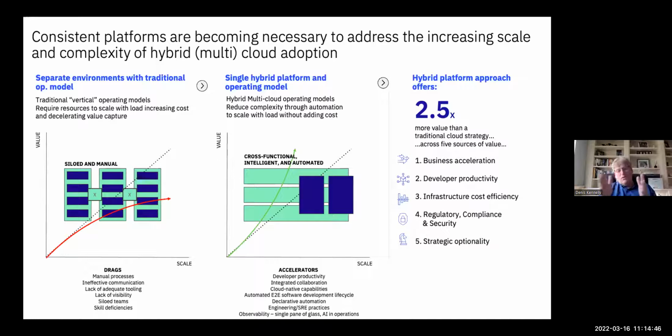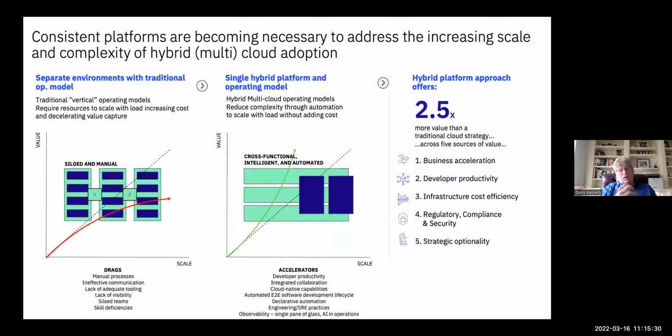That hasn't proved to be true for a lot of reasons, right? But there was a lot of goodness and a lot of learnings from those hyperscalers. For compliance reasons, for existing systems, etc., it hasn't been easy to move them to a public cloud model only. And this is why we're getting to this hybrid cloud operating model, which brings a lot of the value that has been driven by cloud around developer productivity, how you do collaboration, those cloud native capabilities around elastic scaling, etc., and how you automate the software lifecycle, and do that in a consistent manner across this hybrid cloud platform.